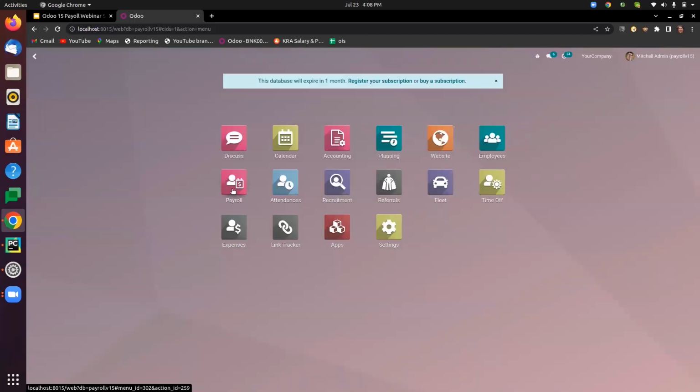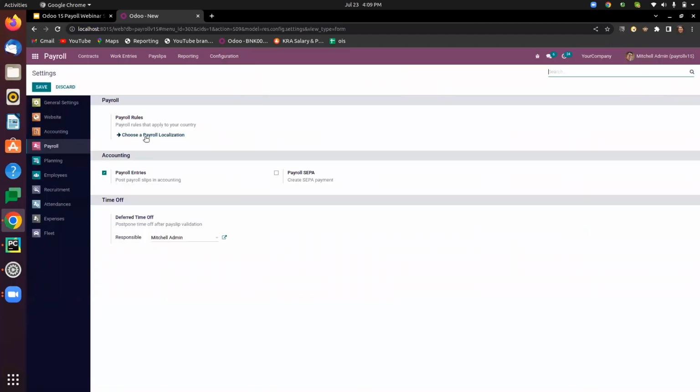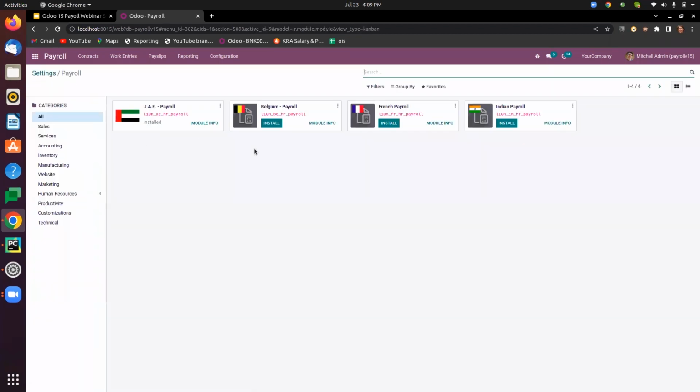So this is my Odoo dashboard, where I have the payroll module. Let's first go to the settings of payroll. Here you'll be able to see the payroll rules, where we can choose the payroll localization. As I click on this, it will lead to the payroll localizations of different countries. You can install according to this. When you install these modules, you will get extra fields in the employee contract. So it is easy to add the advantages provided to each employee in your company,